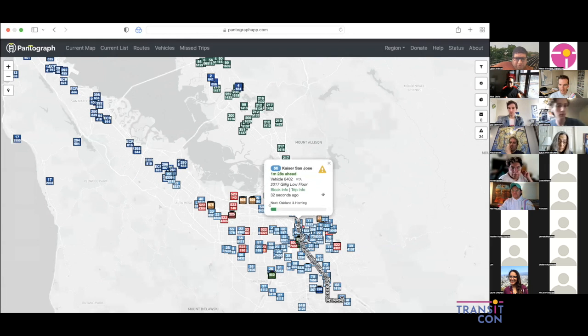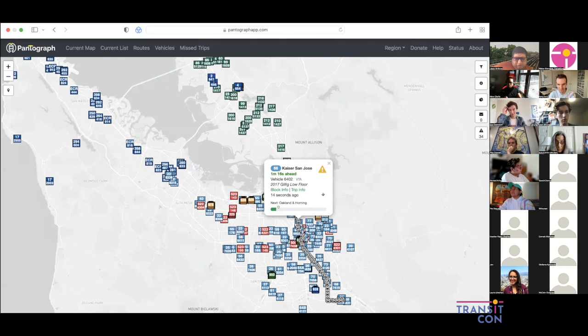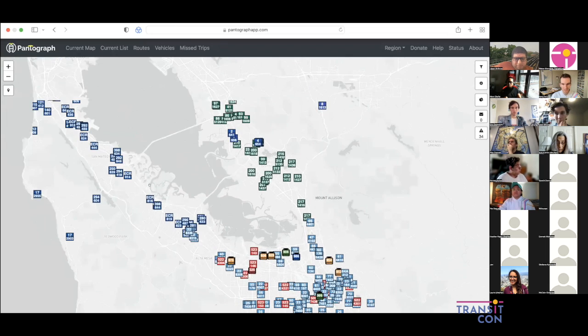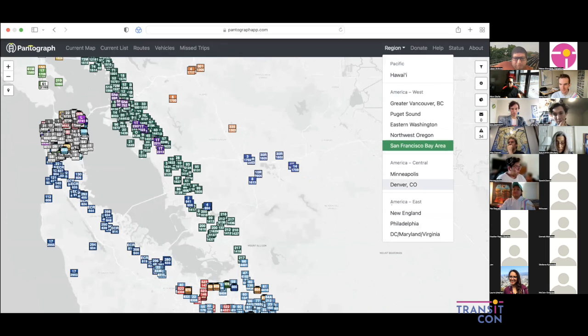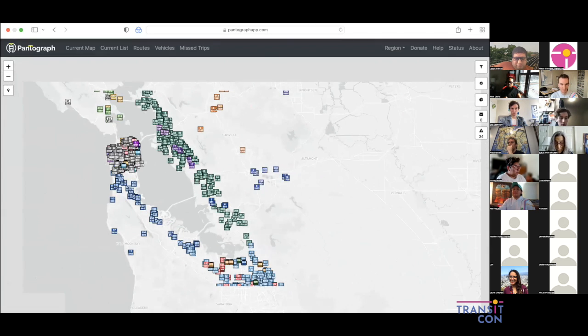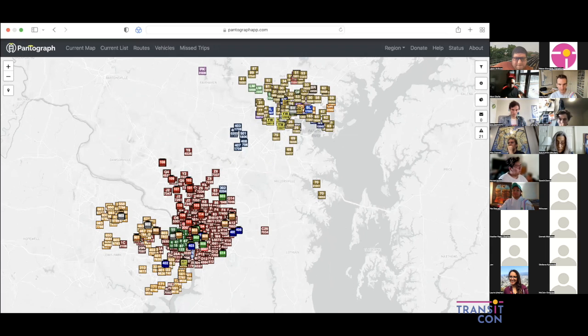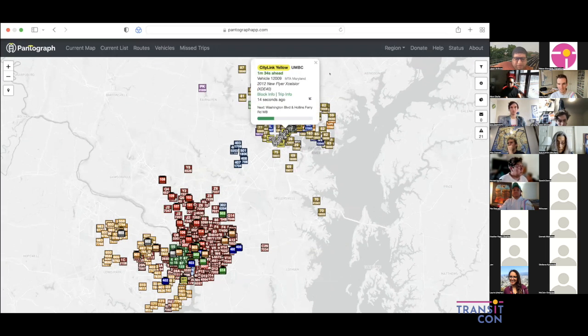We've got VTA. This green bar shows loading information for agencies that provide real-time passenger loading, which I'm hoping is going to become more and more of a thing in the future, especially now that we're 2 years into a pandemic that doesn't want to go away. And this is sort of the main feature of the app. We can go over to DC. We've got all these vehicles for WMATA, the Circulator, Arlington, Fairfax, MTA, Maryland.